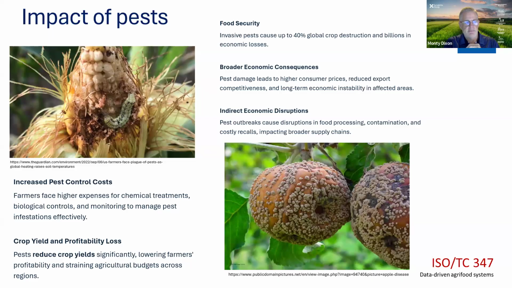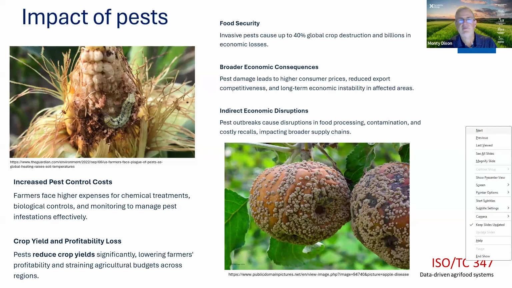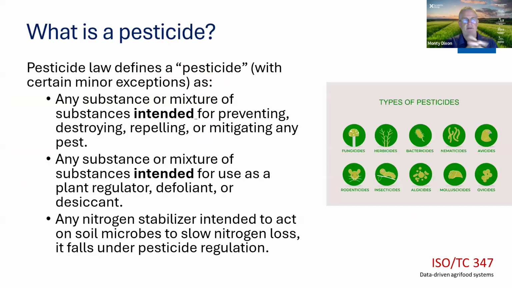But it also has impacts on the cost that farmers and growers bear in bringing things to market. It can have impact on human health if we think about the impact of mosquitoes throughout Africa. So pests need to be controlled, and how we do that is with pesticides. And a pesticide is a mixture of substances that's intended to try to control or eliminate a pest.